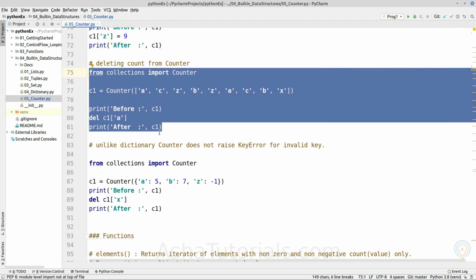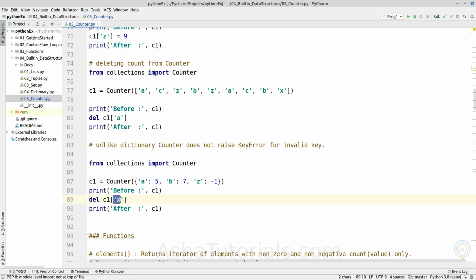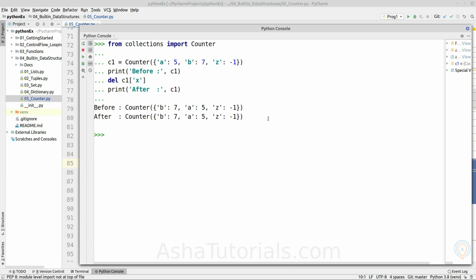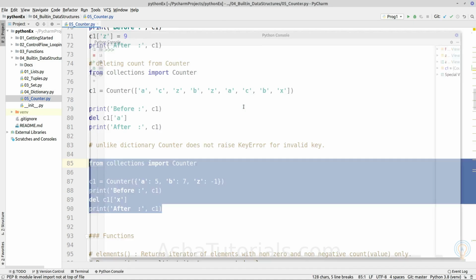But unlike the dictionary, if we try to delete an element whose hashable key does not exist inside the Counter object, it will not raise a KeyError. Here, as we can see, we are trying to delete hashable x which does not exist inside the Counter, so it will not raise a KeyError.